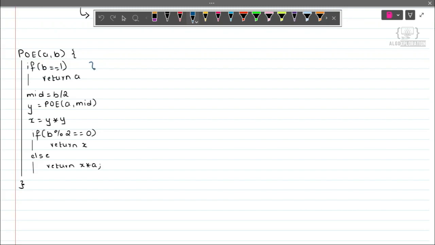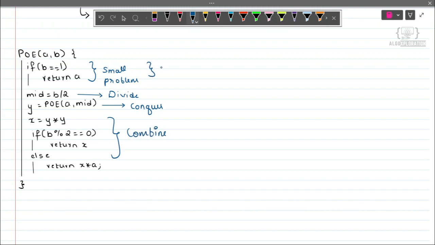So this is a small problem. This is the divide part. This is the conquer part, and this is the combine part. So small problem will take order of 1 time because it contains no loop. Divide will take order of 1 because it is actually dividing, that's it. Conquer will take t of n by 2